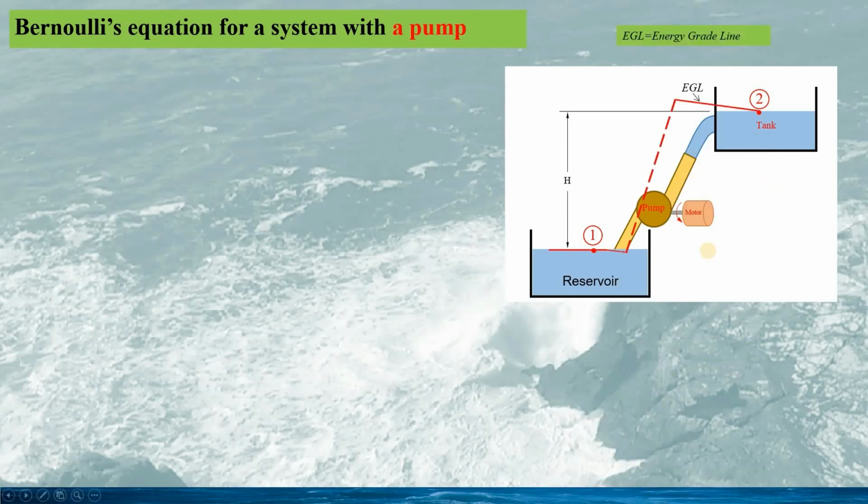If we draw the energy grade line, EGL, we can see the grade line as this. And we also see there is a big jump, H pump, from here to there. So this is the head increase due to the pump. And if we draw the hydraulic grade line, it would be quite similar to the energy grade line. Here we can see, since in such a system the pipes would be of constant diameter, the velocity head in the pipe would be the same.